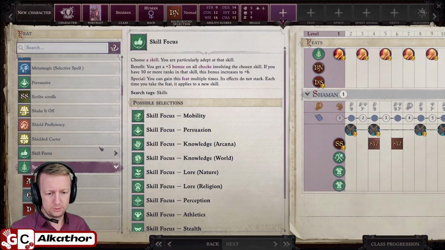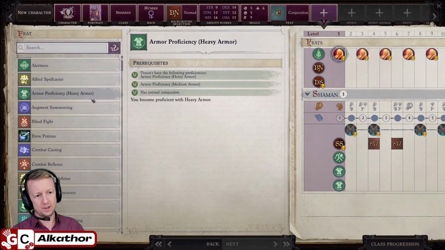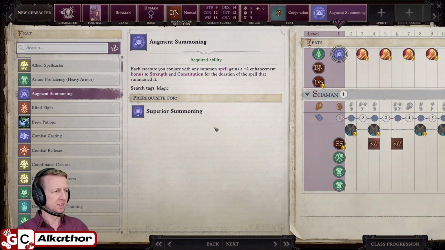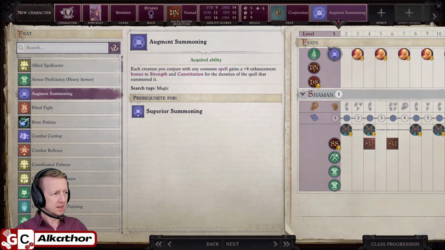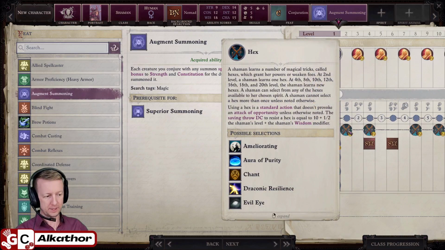Now, we are going to go with Spell Focus Conjuration for her first feat, and her second feat we are going to pick up, where is it? Augment Summoning. Now, this seems like a strange thing on the surface to do. She doesn't really have any summoning spells. What she does, she can prepare Summon Nature's Ally. However, picking these up now will let us, at level 2, pick up a Hex, and that Hex we can